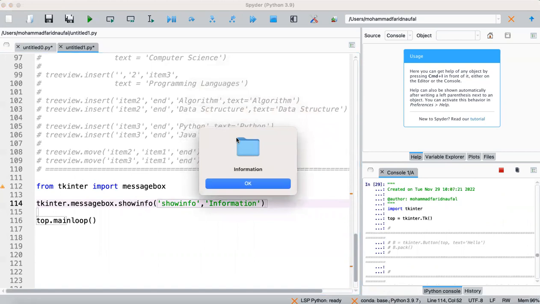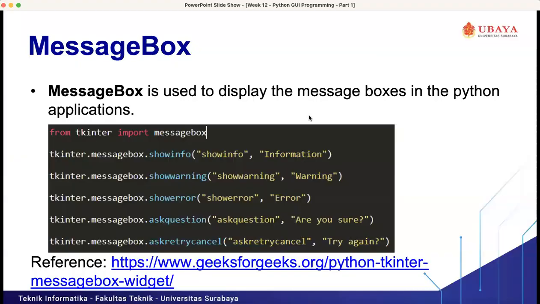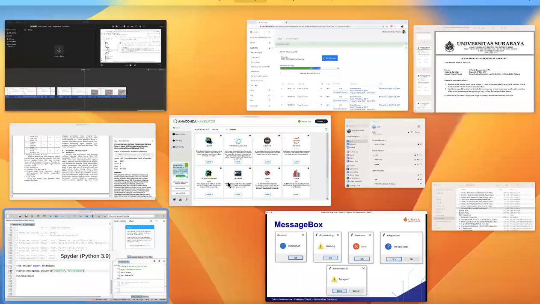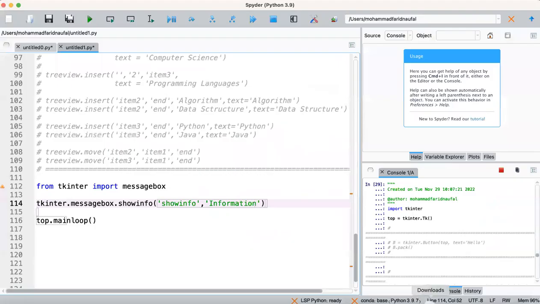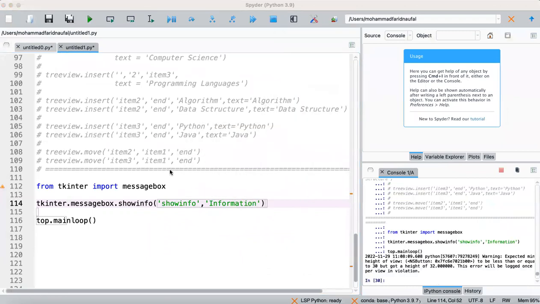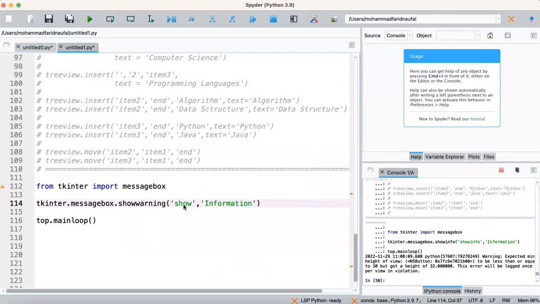Maybe in the previous experiment that I did, it didn't work, but now it works. The style of the message box is different from Windows. If I run it in Mac OS, the output will be like this for the information, and this one is show warning, and warning.